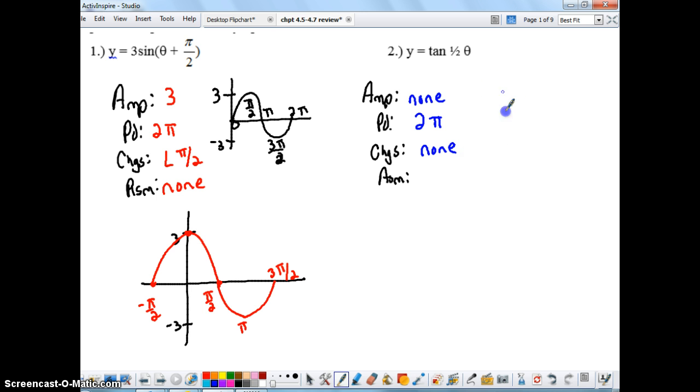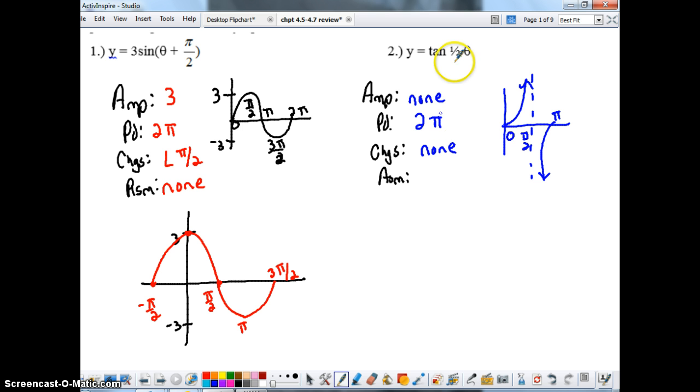All right, so again, if you think about a regular tangent graph, here's my base graph for my tangent. You're going to have it coming up. It's like half a propeller. I've always called those propellers. So this is 0, this is pi over 2 where my asymptote is, and this is going to be pi. So remember what we said, whatever you do to the period, you do to the asymptote. So I multiplied it by 2, so I multiply these by 2, so that's going to be 0 and 2